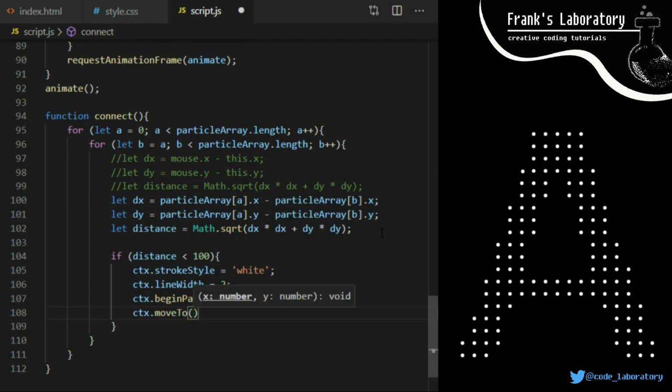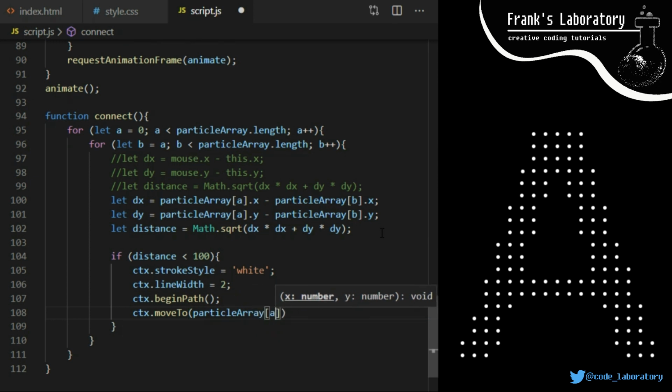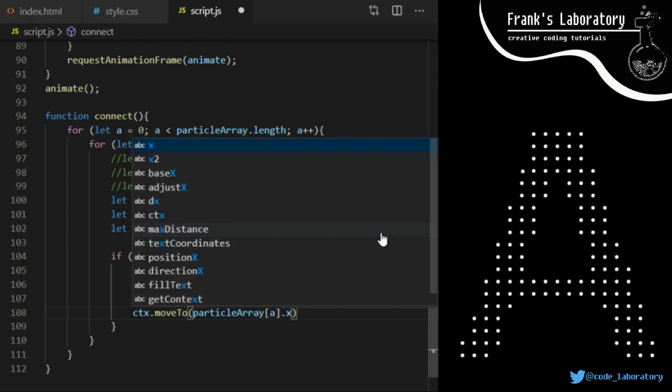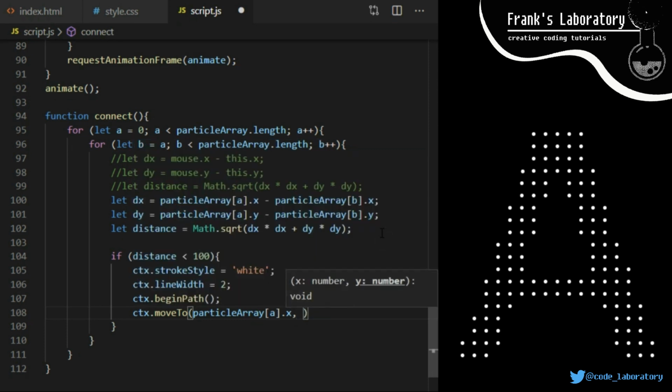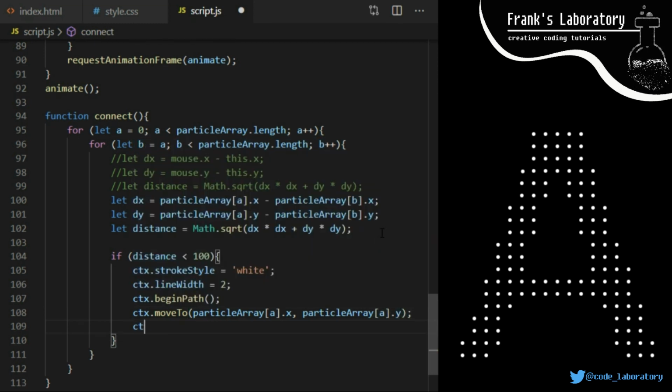When you do that, a line will be drawn between these 2 points, each point defined by 2 coordinates x and y. So at first, I call ctx move to method, which creates a starting point of a new path at coordinates we passed to it. We are inside an if statement that only runs when two particles are close enough to each other, so I just want to draw a line from one particle to another. The starting point of the line will be x and y coordinates of particle A that passed our distance check. Then I call a line to built-in canvas method.